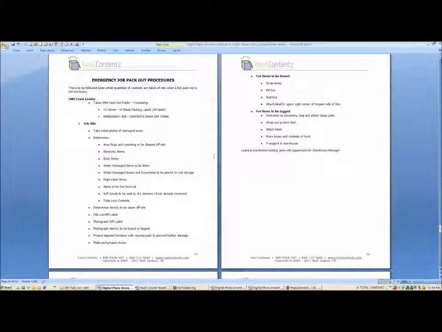The emergency pack-out procedures. We know that the water guys, they go out in the middle of the night and they're exhausted. They're trying to dry up a house. They may have some contents that they need to be bringing back to the shop. And a lot of times they just drop them off and we don't have any record of who dropped them off or what household they're from. So this is a very, very simple pack-out procedure. You can put this written procedure into a 2-pocket folder, go over it with the water team, and then